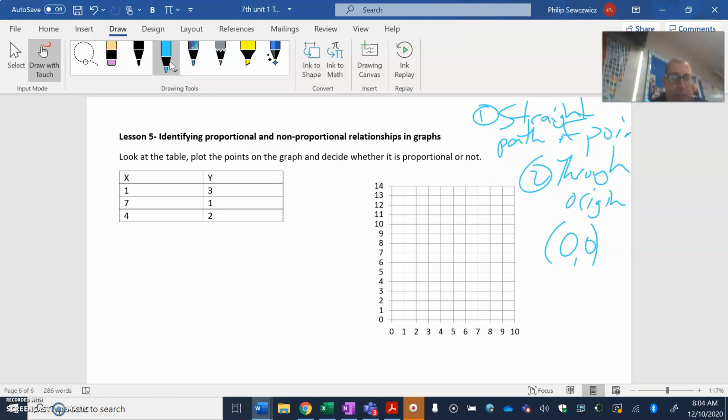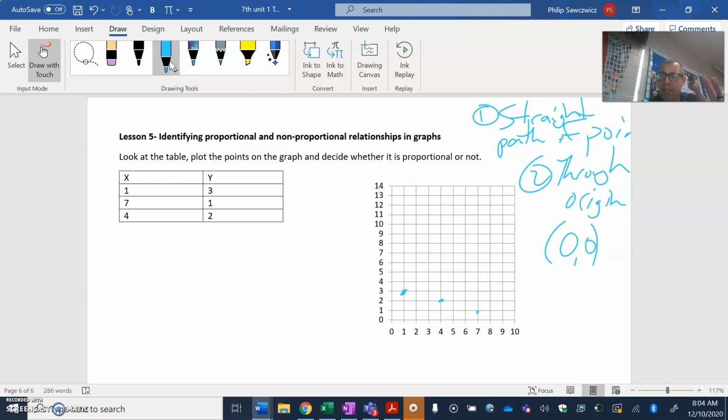So let's plot some points. The ordered pair 1, 3. So to the right 1, up 3. The ordered pair 7, 1. To the right 7, up 1. The ordered pair 4, 2. To the right 4, up 2. All right. So if you connect the dots here, all right,